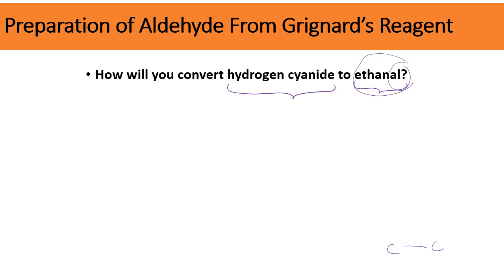I need to convert this two carbon system into an aldehyde. So I am putting double bond O and H. So I have made an aldehyde now with two carbons, and I need to balance. So I will put three hydrogens here. So that is CH3CHO. This molecule we are supposed to prepare. So this is our product, and we are supposed to make it from hydrogen cyanide, HCN,